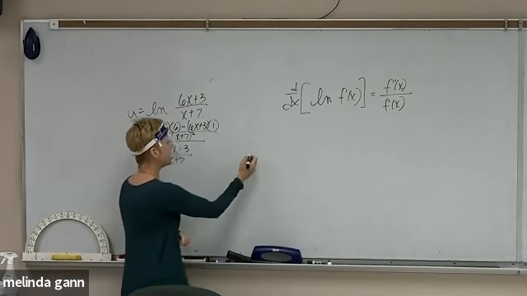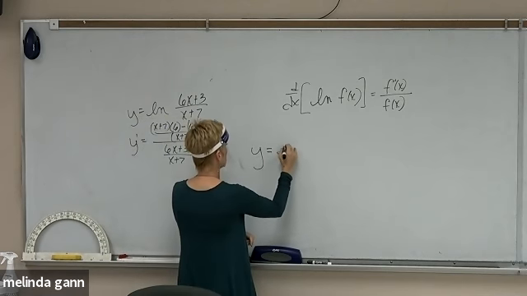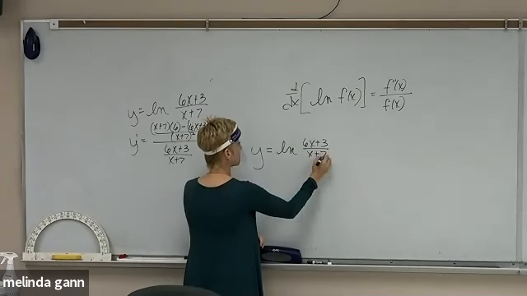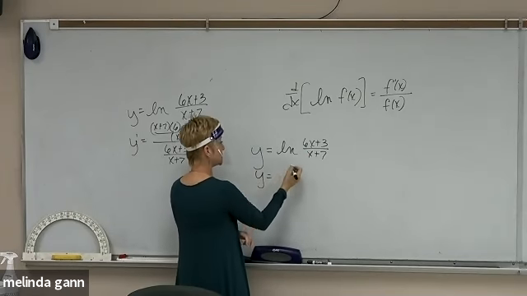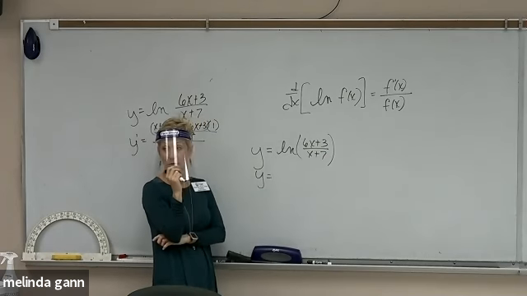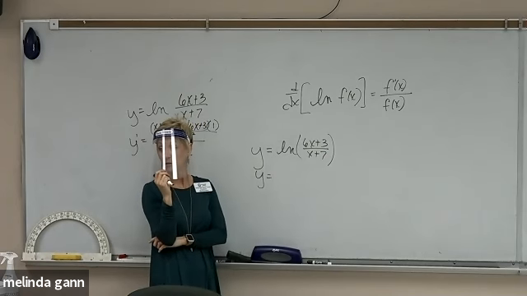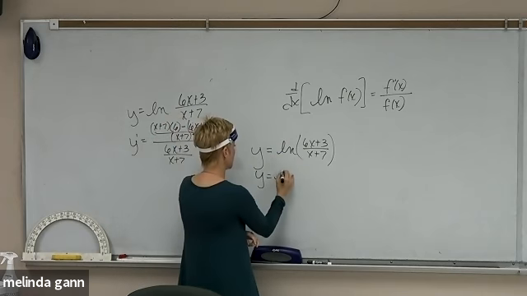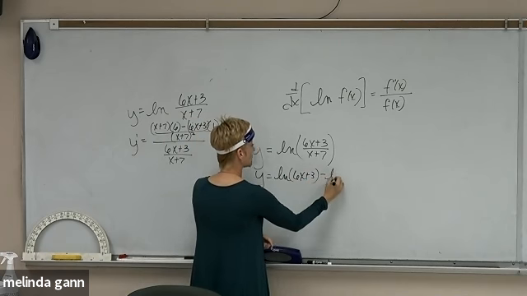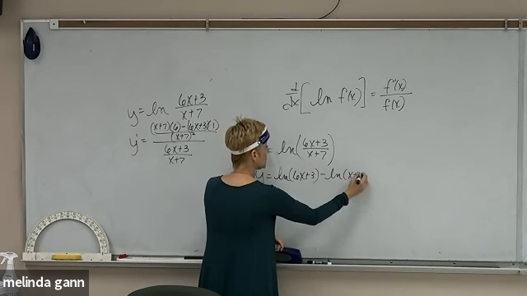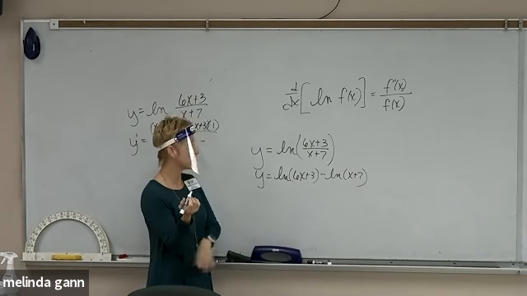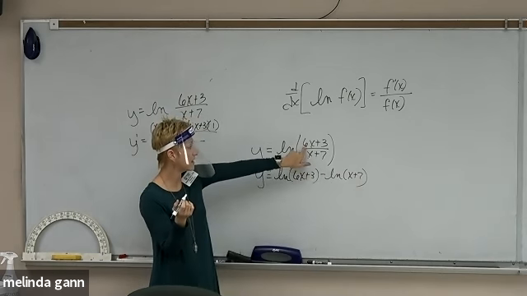Because if I know the rules on page 56, life is great. Don't you have a rule on page 56 that says you can change the form of the log of a quotient? What can you change it into? 6 plus 3. The log of the numerator, what? Minus the log of the denominator. That was on test 1. I would much rather take the derivative of this form than that